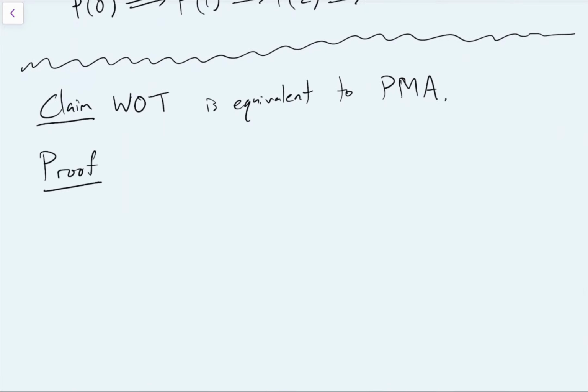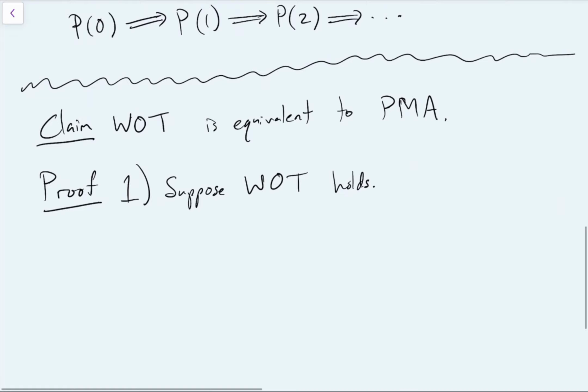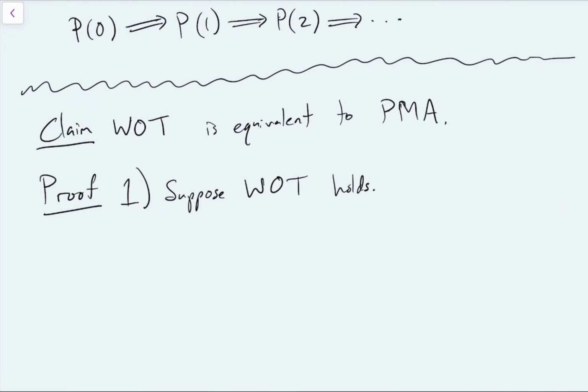So we need to do two things here. First of all, I want to prove that if the well-ordering theorem is true, then I can deduce the principle of mathematical induction. So that's my claim here. So I'm going to suppose that the well-ordering theorem holds. Now, the idea is, I'm supposing that the well-ordering theorem holds, and now if I want to prove the principle of mathematical induction,